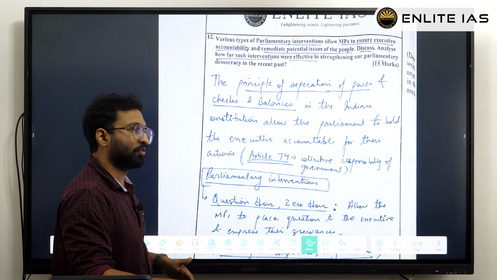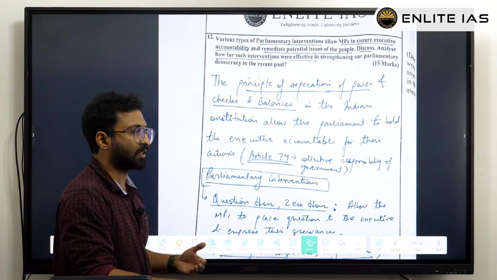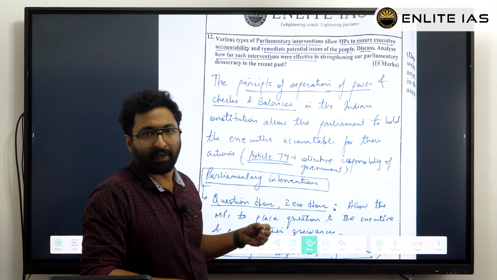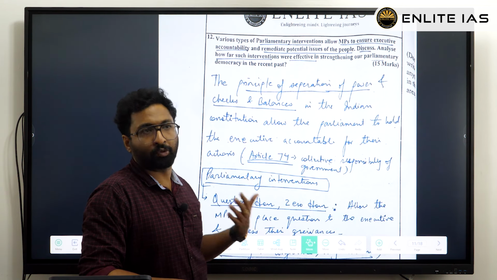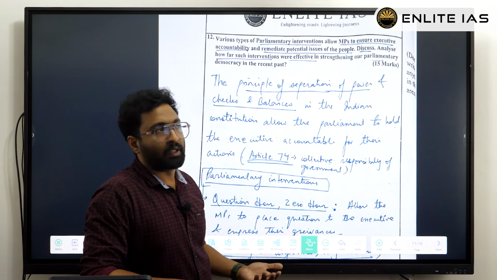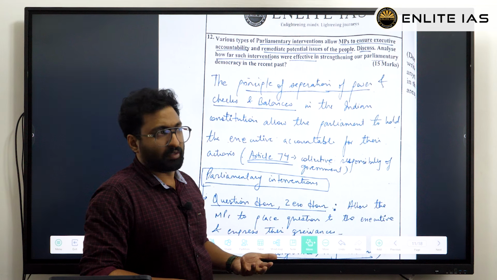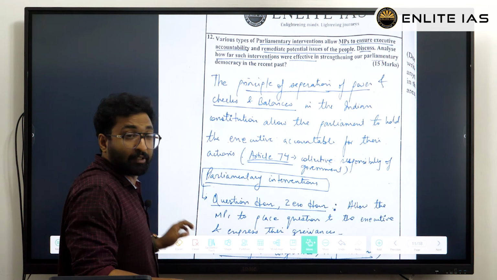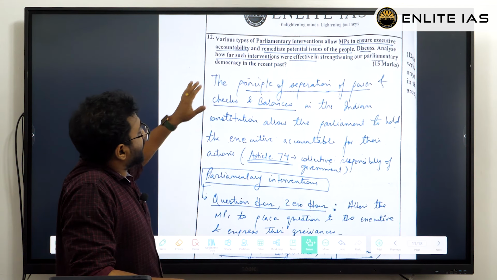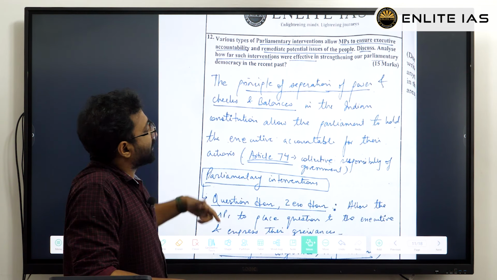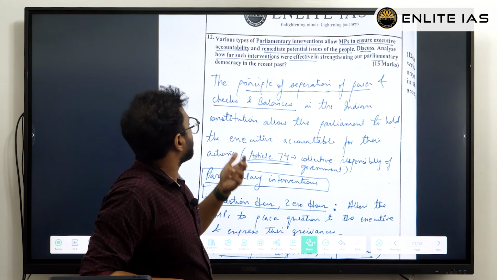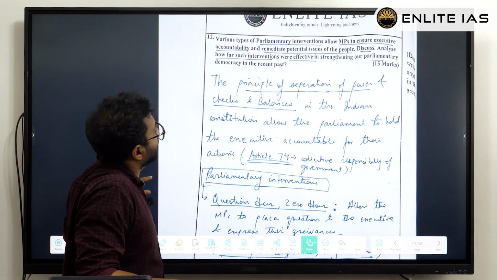UPSC often asks questions related to recent happenings. I always tell that. If you refer to the 2023 paper also, you can see the same regarding the deputy speaker or something. So UPSC always does this. That's not a bad thing, it's a very good thing, in fact. So here the same logic applies, 5 lines, because this is a 15-mark question. So he took that one.